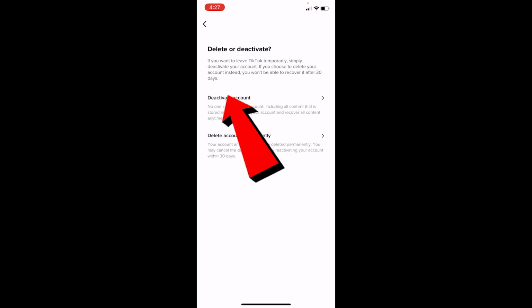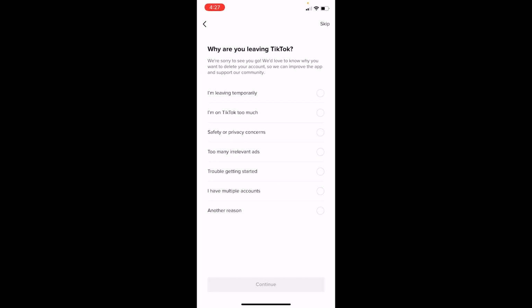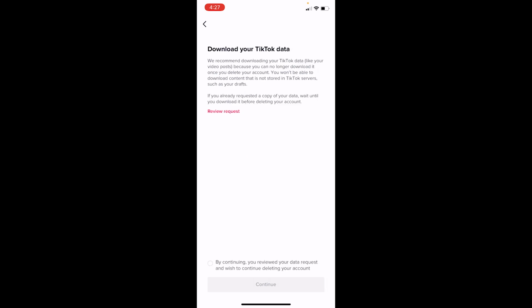Alright, and from these options you want to choose delete account permanently, and once you click on it, it's going to ask you to choose an option, but if you don't want to, you can click on skip at the top right corner. Once you click on skip over here, you can see the little box by continuing. Click on it. Once you get the tick mark and click on continue, your TikTok account will be deleted, but